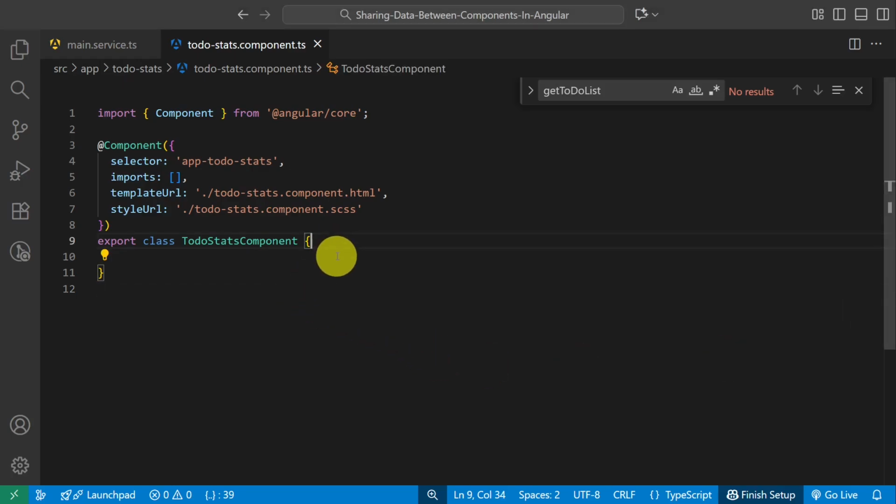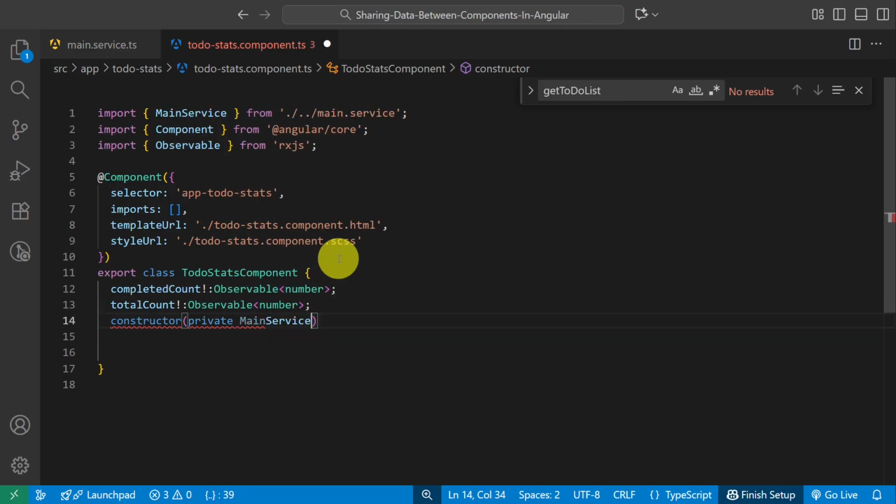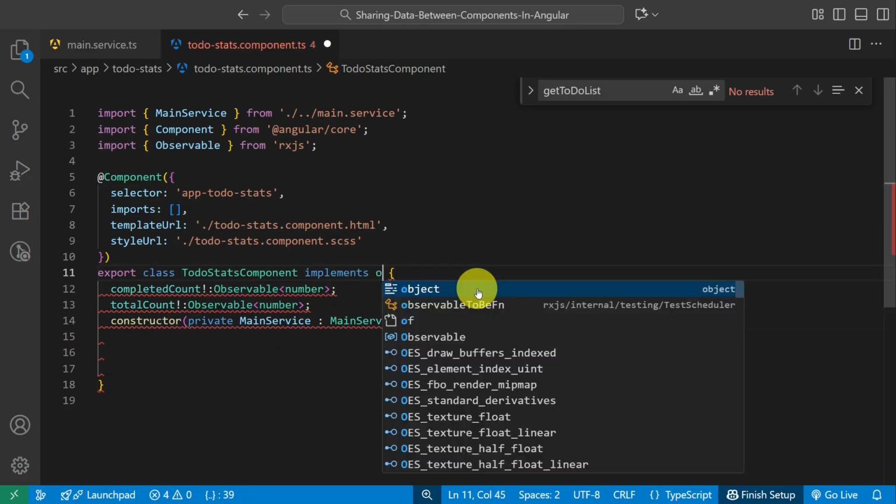Now, in order to implement the unrelated component scenario in our application, I make a component, todo-stats, to display the status of todos and completion. First, I make two observables, completedCount and totalCount. Now in our component, I use main service and I inject it through the constructor.